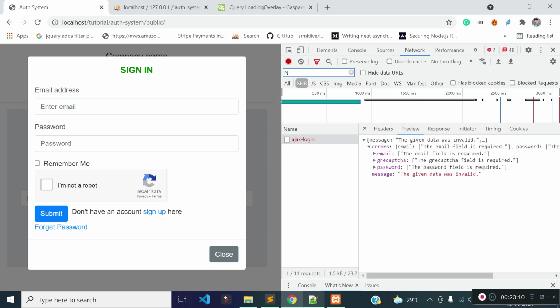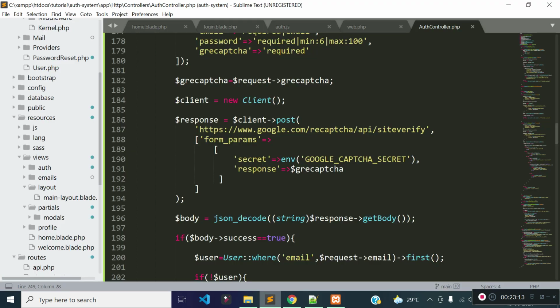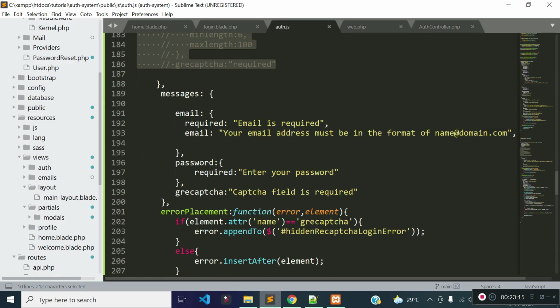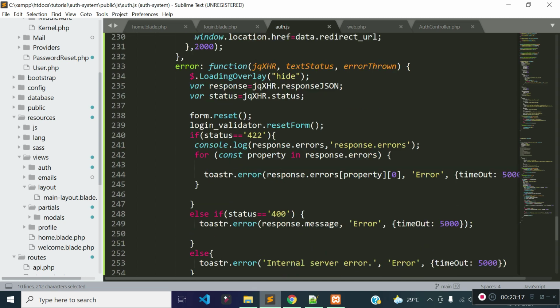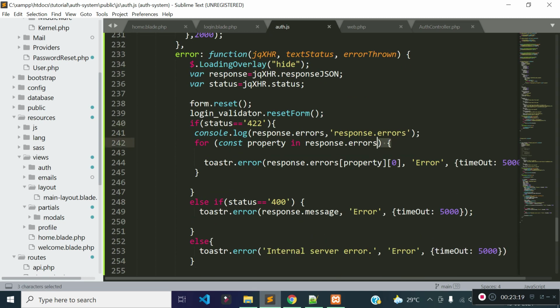That's why, if there is a 422 status, I am looping all the error messages and displaying the first error, right? I think you understand. You can check the error messages when you implement this in your project. You can debug this, right?